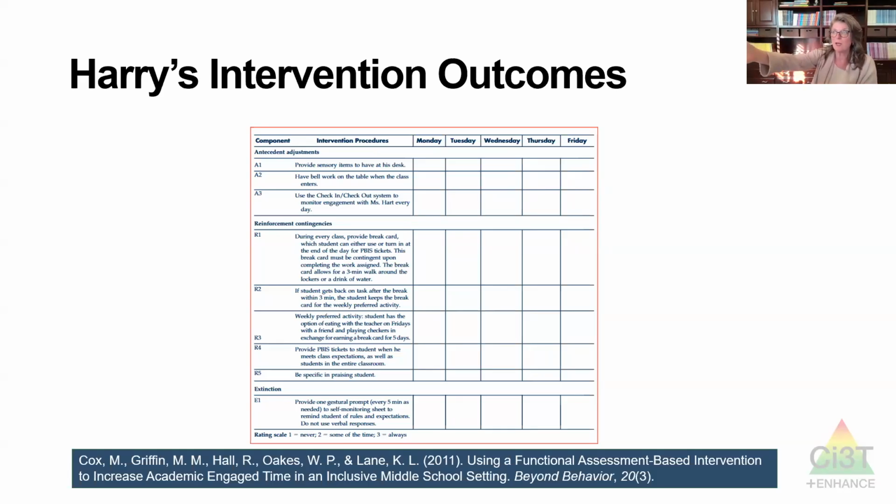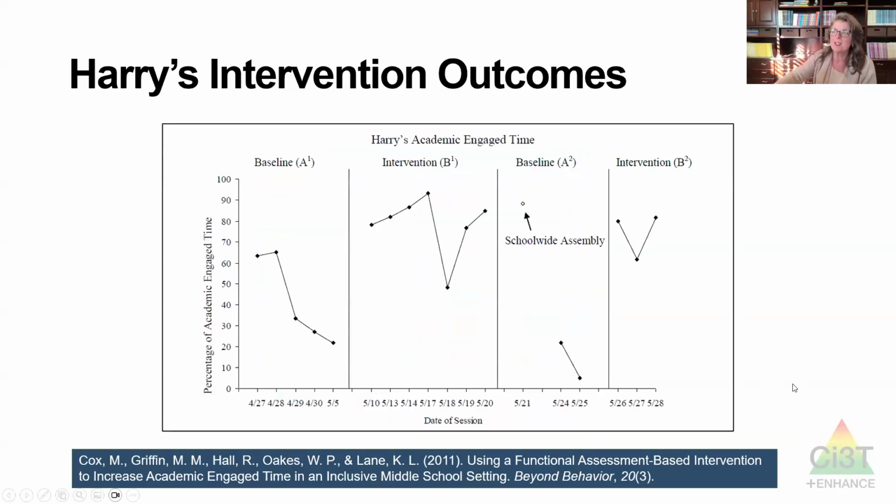And folks have done excellent work to help make those connections for people to see this intervention, like the one I'm showing you right now for Harry. This is a good example of something that has very practical things, just like Eric was talking about, that allow you to get this in place in a classroom and legitimately test it. And I'd like to show this one because I'd like you to look at the dates. Keep in mind, today is 4/29/2025.